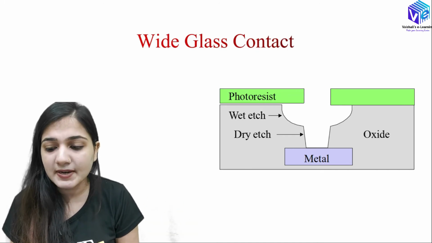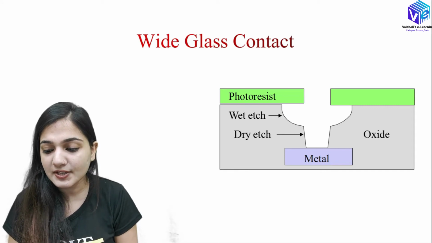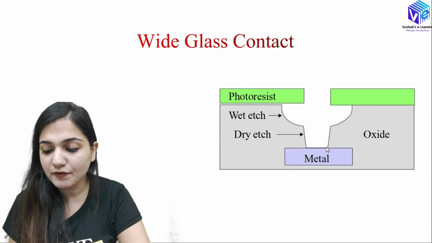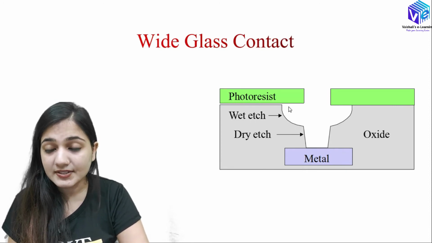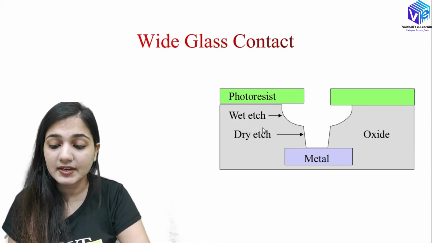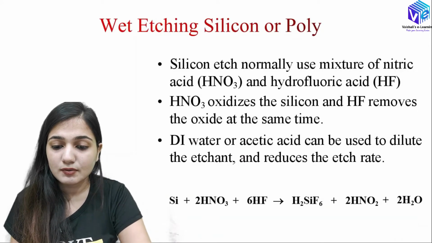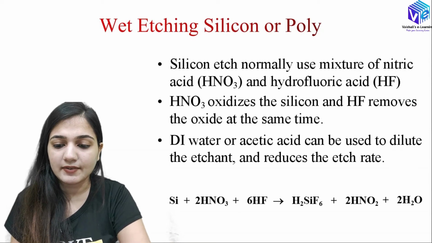This is a very big disadvantage as compared to dry etch. You can see here I have a straight type of cutting profile. So here you can see we don't have any problem of extra feature size that is there in the wet etching. So this is the problem associated with the wet etching.